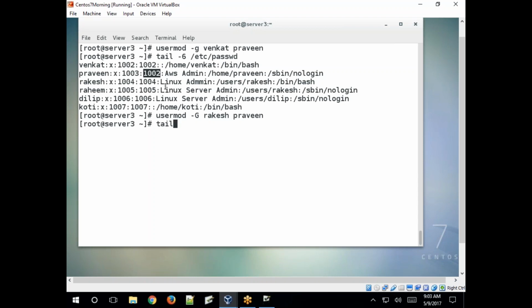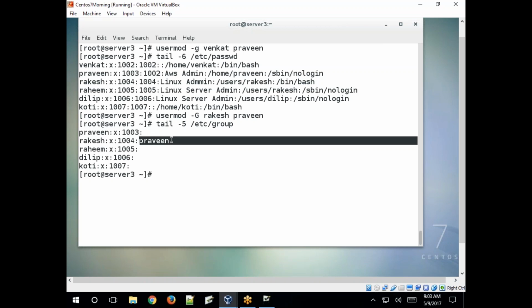Now tail /etc/group. See, in the Rakesh group, Praveen is there, right? In the Rakesh group, Praveen is there. Added.